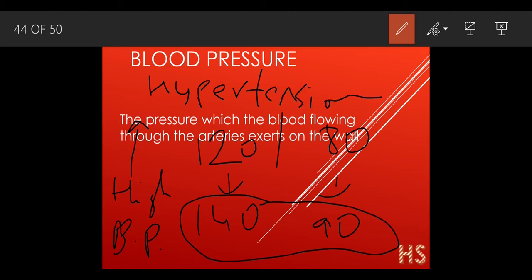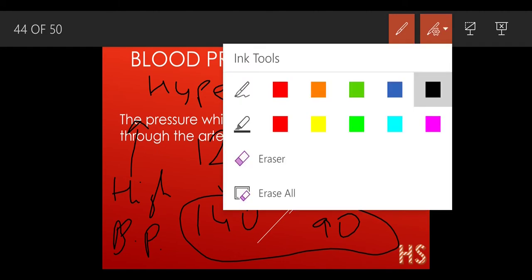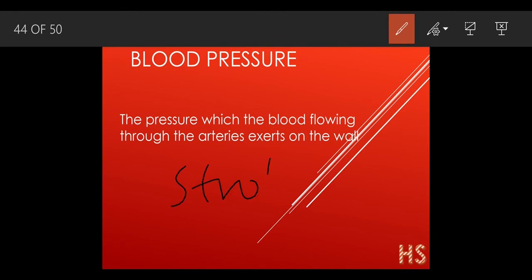In hypertension, the blood in the heart pumps with a lot of force. It exerts a lot of force on the walls of the artery. Because of this, the person gets very angry in this condition, and the blood pressure also rises, and the person can suffer from a condition called stroke. You have heard about this word, the sunstroke. It is a stroke condition in which the blood pumps with a very high speed and it exerts a high amount of pressure also.